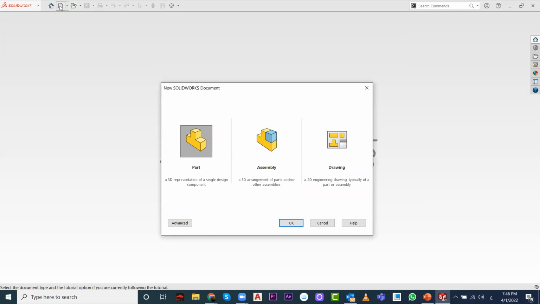When you click on new document, you will find that you can do a part, an assembly, or a separate drawing. So let's start with the part module here. Once you hit OK,